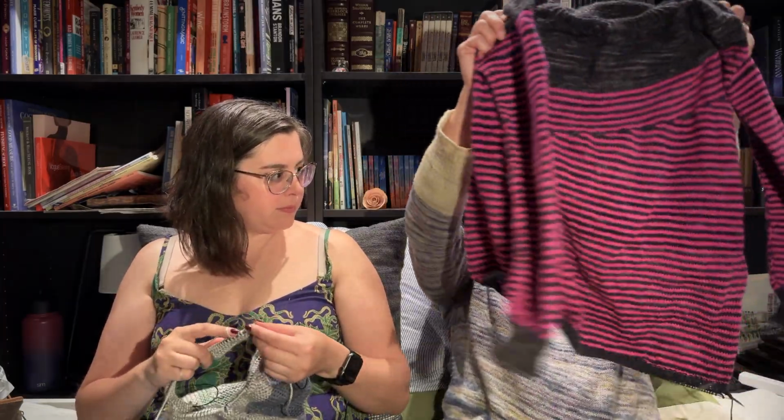I have gotten down to the hem. The sweater's supposed to be about another 2 stripes longer, but I ran out of the skein of black that I was using, or dark gray that I was using. And you didn't want to wind up a new one. And I didn't want to wind up a new one. And sitting on the coffee table was this. And so I said, well, that's close enough. And it's going to be in the hem, so it's a different stitch pattern coming after a pink. So I don't think if anybody's that close...